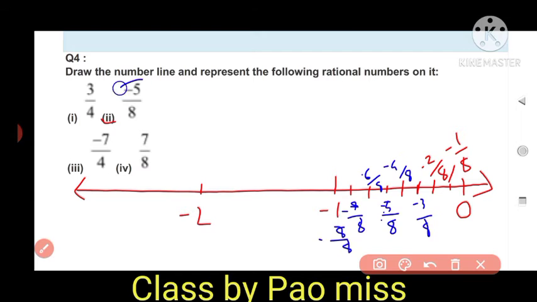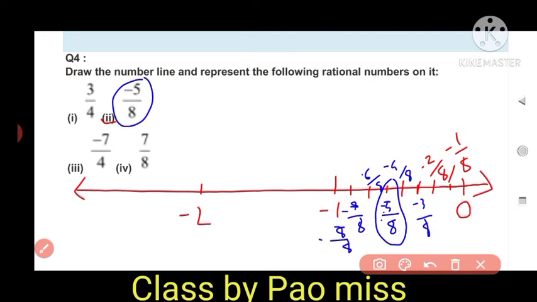Now what do we have to represent? Minus 5 upon 8. So where did we get minus 5 upon 8? So this is minus 5 upon 8, isn't it? So in this way you have to represent it on the number line. Draw this in a neat and clean way using pen and pencil. Because I'm making this on a screensaver, the units between them are not exactly equal and the writing is also not very beautiful. But you have to write in a neat and clean way using a scale and pencil in your notebook.